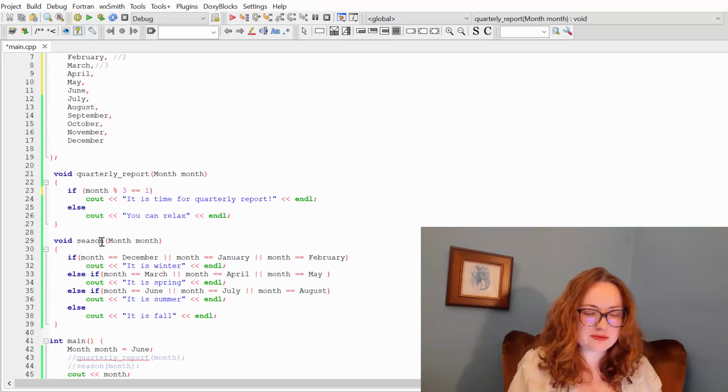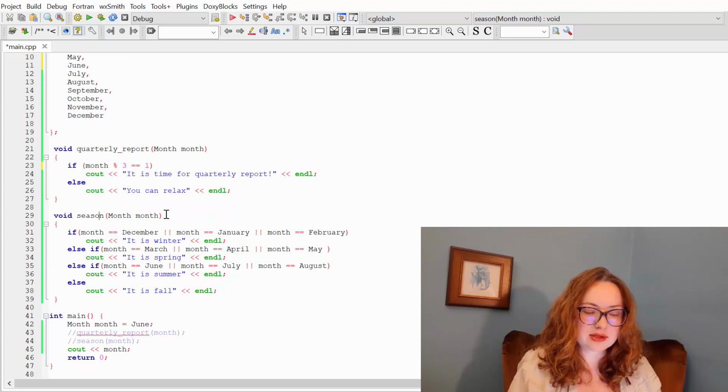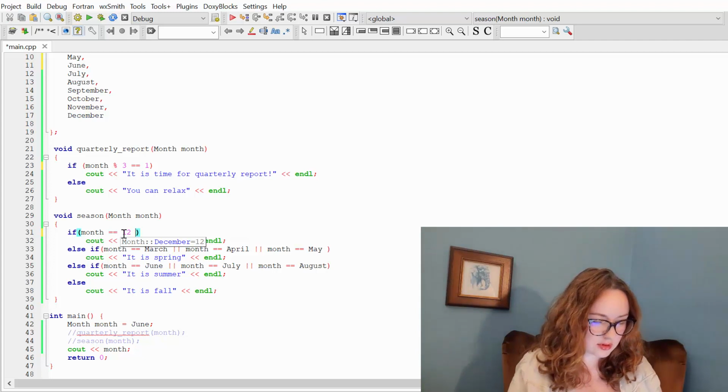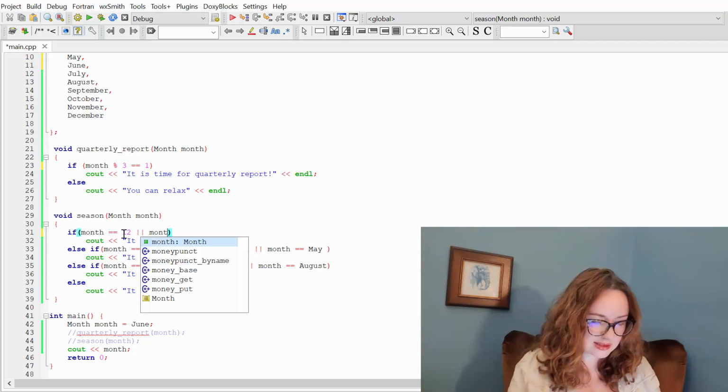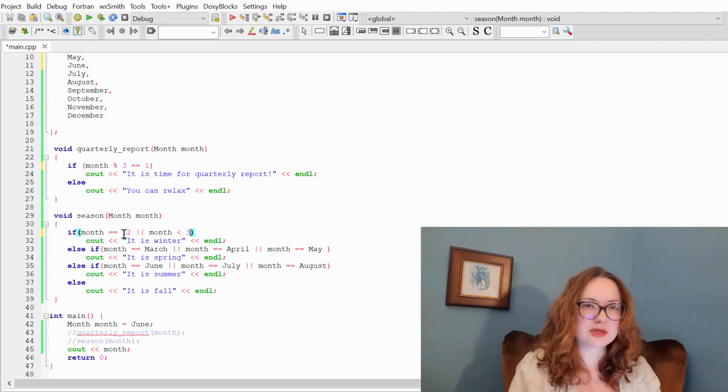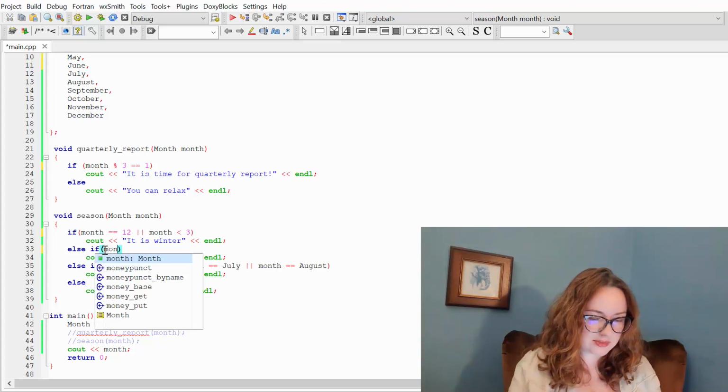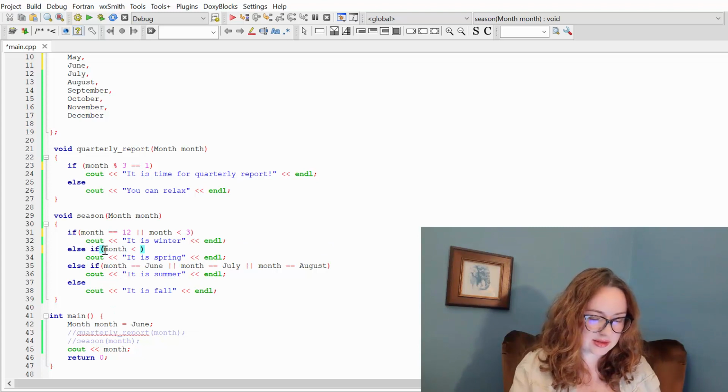And the same here for our function season. Instead of checking each month, if month is December, January, February, I can just rewrite: if month is equal to 12 or month is less than 3. So month is 12, 1, 2, it will be winter. In our second else if, we can check if month is less than 6.